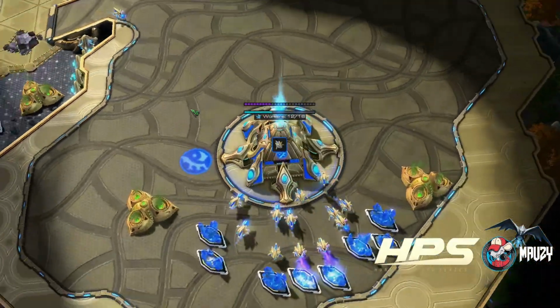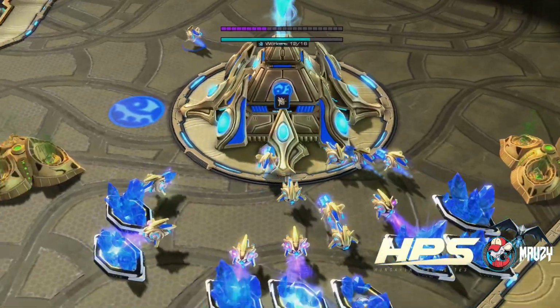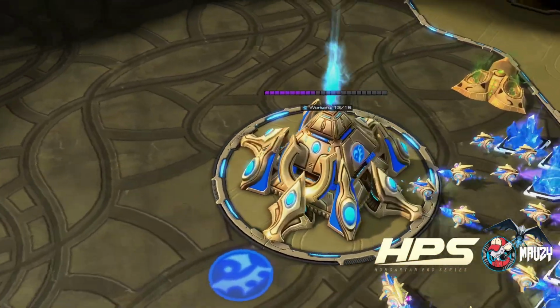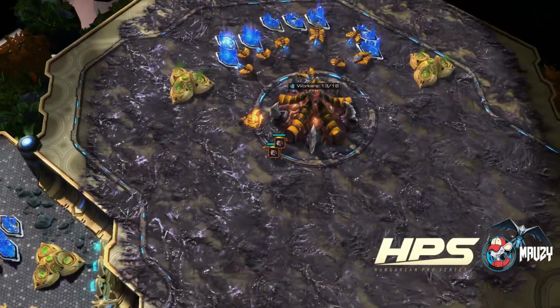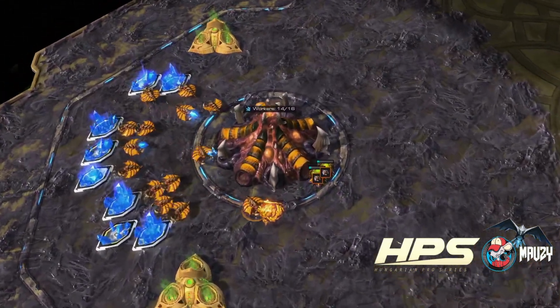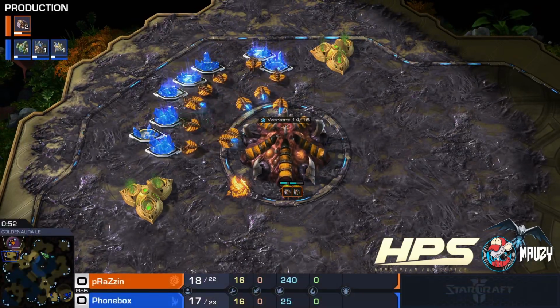Alright, everything is set up to actually start this whole beautiful shenanigan over here with our blue Protoss player for this first best of 5 series for today. It is going to be Phonebox in the bottom right side, going up against the orange Zerg player in the top left side of the map Golden Aura. It is going to be Prazzin. Now this is the playoffs